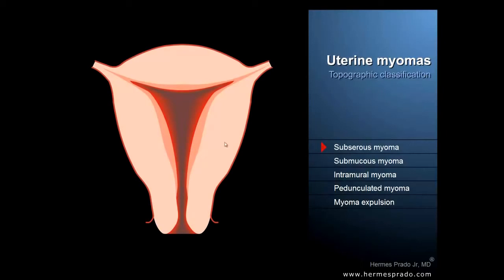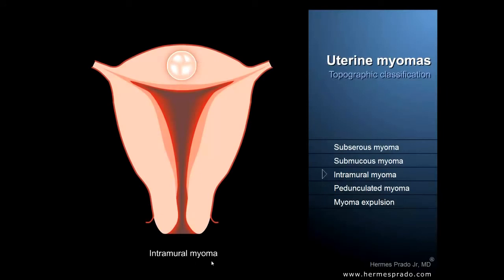Now let's explore the navigation bar and press this first button. What we see. If the tumor grows near the external surface of the uterus, just beneath the serous membrane, we call it a subserous myoma or subserous fibroid. And if the tumor grows towards the cavity of the uterus, protruding the mucosal lining, we call it a submucosal myoma or submucosal fibroid. And finally, if the tumor grows within the muscular wall, we call it intramural fibroid or